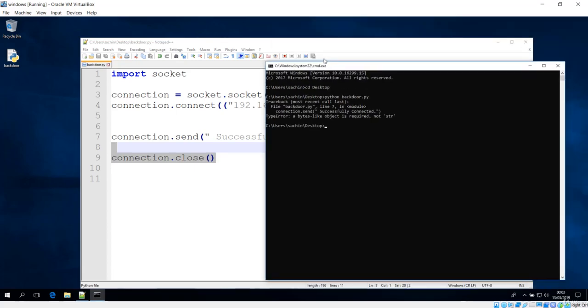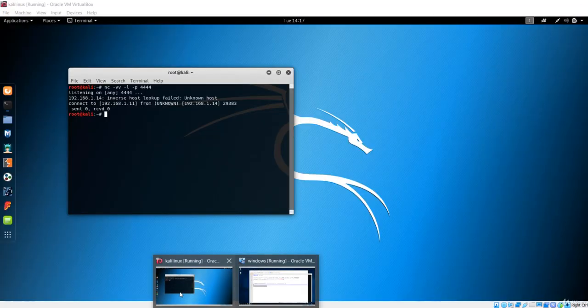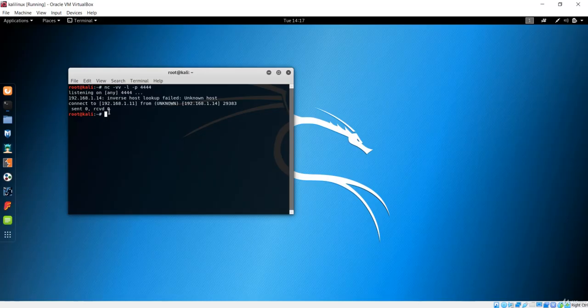If I go back to the server, it is also showing nothing over here. So maybe we have some error sending that request. Let's see what that error is.